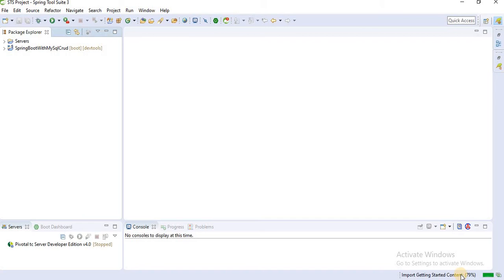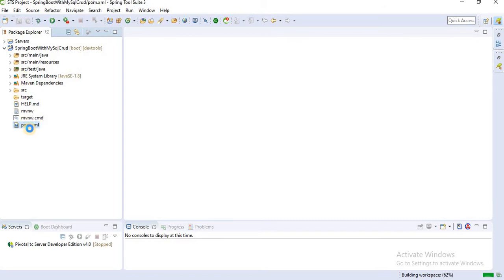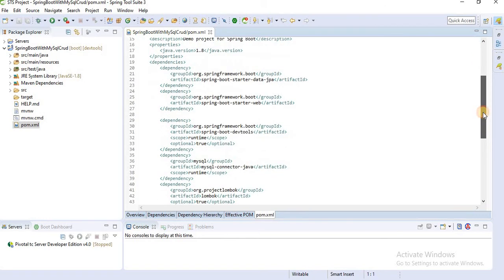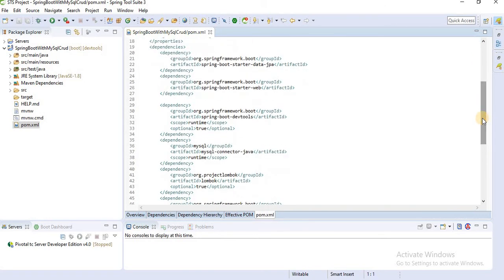Let's wait for the project to import. Till then we can explore a few things. Here we have a pom.xml. Our pom.xml file is responsible for holding all the dependencies. If you want to add any new dependency, we can simply go to MVN,